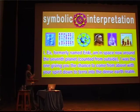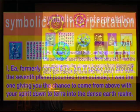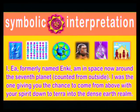So in fact, this Italian crop circle says what I've written here: I, Ea, formerly named Enki, am in space now around you, because the seventh planet is the Earth from outside, and I was the one giving you the chance to come from above with your spirit down to Terra into the dense Earth realm. Hopefully we will get more contact with him. I think this is a soft first